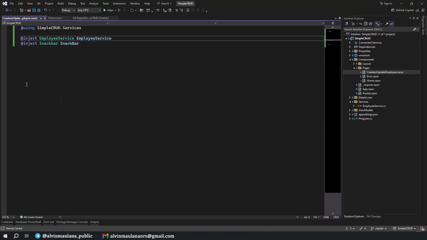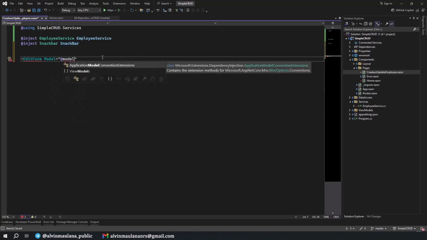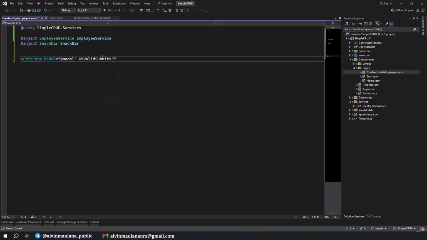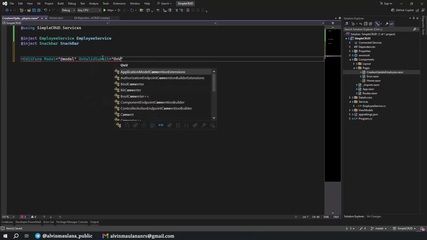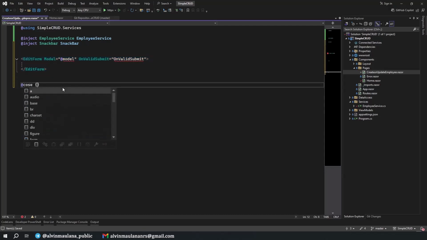Now we will need a form in here, so we can use Blazor EditForm with Model. It comes from the model. Later we define it, and OnValidSubmit is OnValidSubmit. Close it.